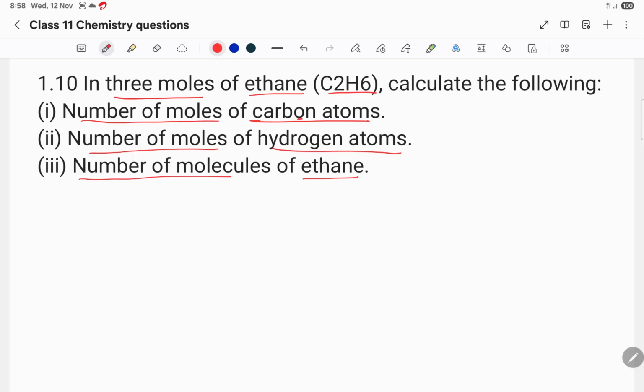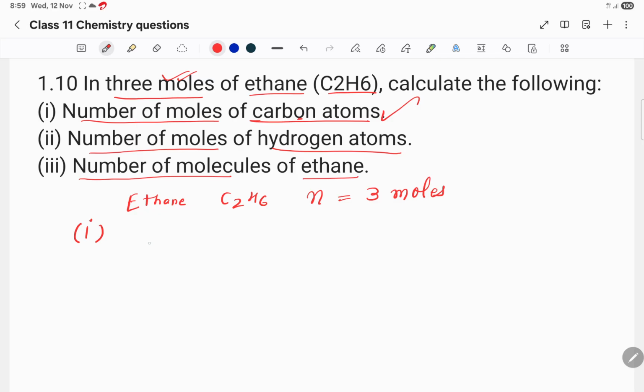So you have been given 3 moles, right? So whatever you have been given, write it down. You have been given that ethane is there. Its formula is C2H6 and its amount has been given, which is number of moles, that is 3 moles. Okay, so what we have to do, we have to calculate first, that is number of moles of carbon atoms,